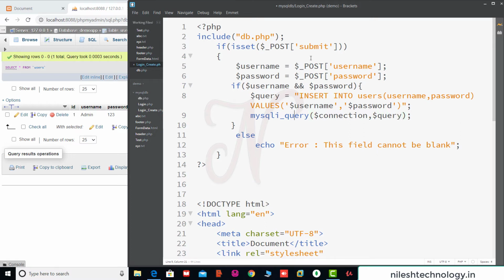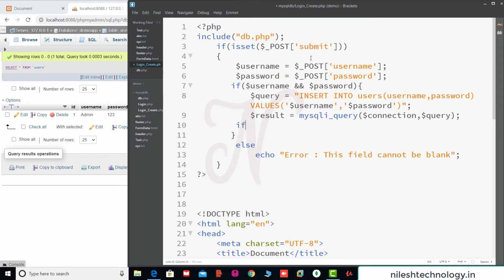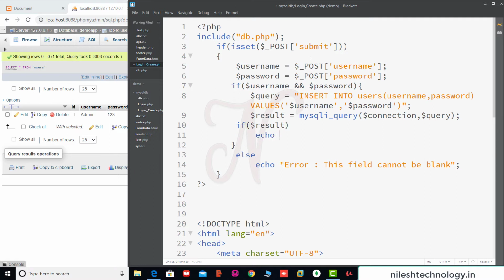After executing this query, the result is stored in this result variable. If the query is executed successfully, it returns true, so it goes into this if, and there is a message, record inserted.